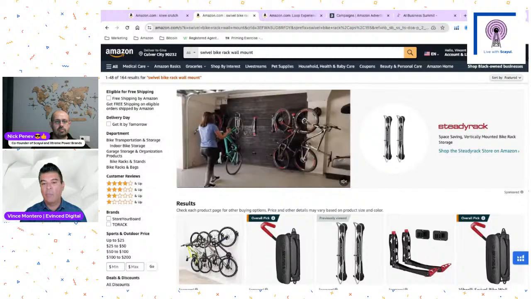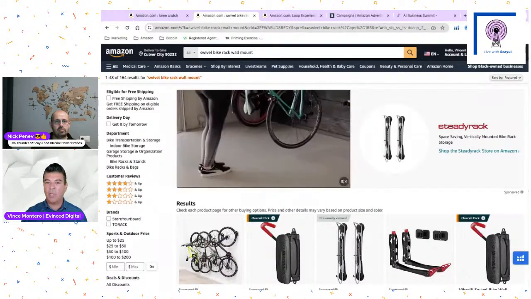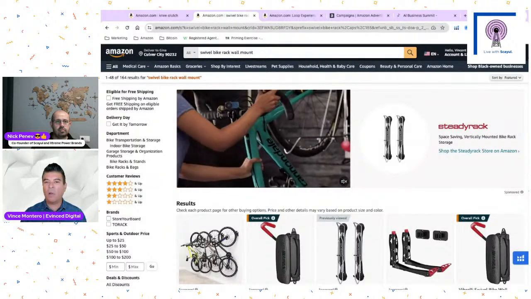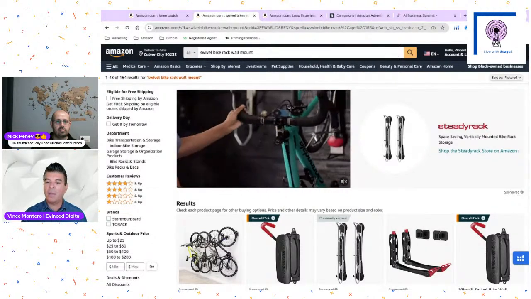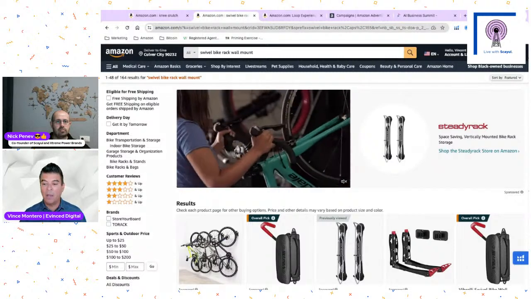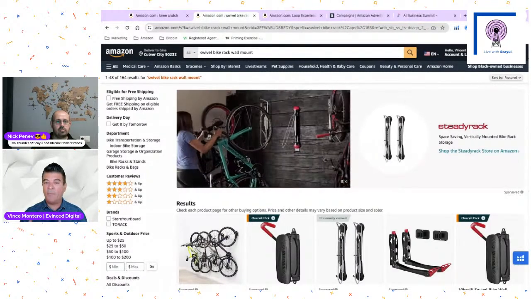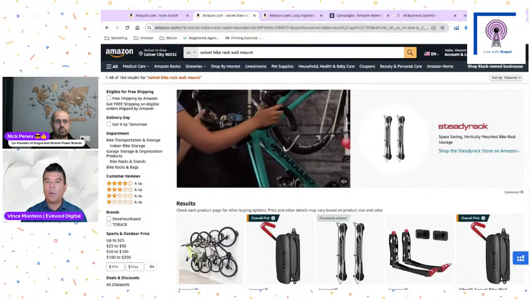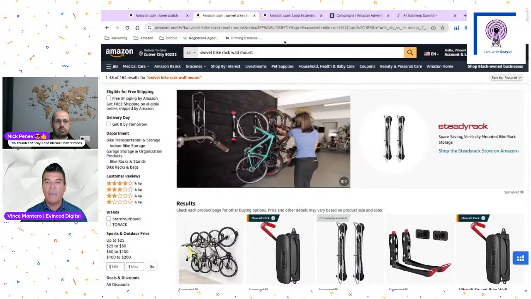So you don't want to use this video placement for your generic bike rack. If this was just bike rack, you wouldn't want to show this kind of campaign because it's not as specific, and that will save you some money. But when you do have the ability to have different types of videos, which we'll go over, you do use them in these types of places. So another one that I